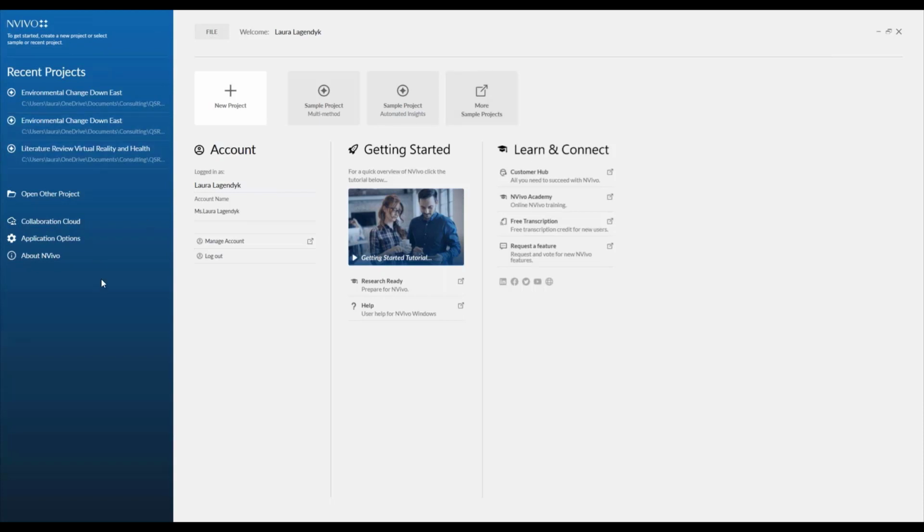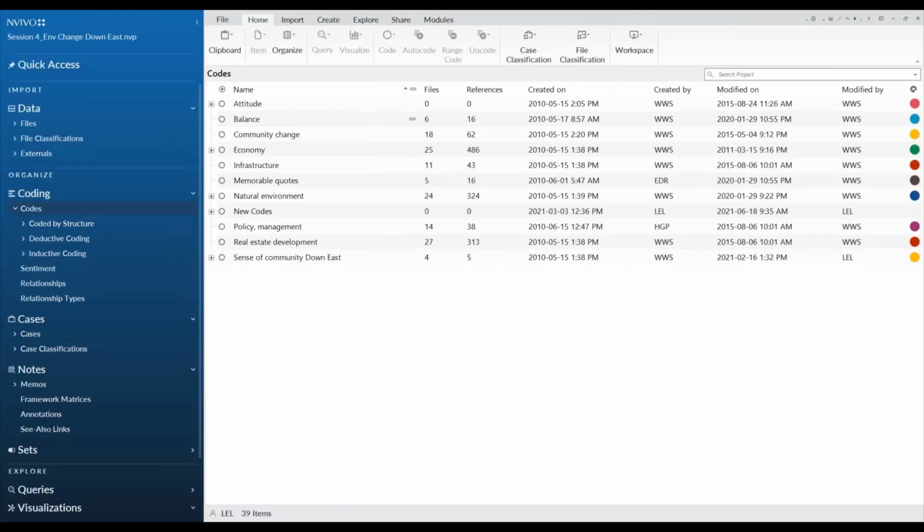So I'm showing you here the welcome window of NVivo. I like to show you this because I want to show you that I'm using today a version of the sample project that we have built into every copy of NVivo, Mac or Windows. Now this project that I'm showing today has been adapted from what you usually see, and I've done some rearranging of the code